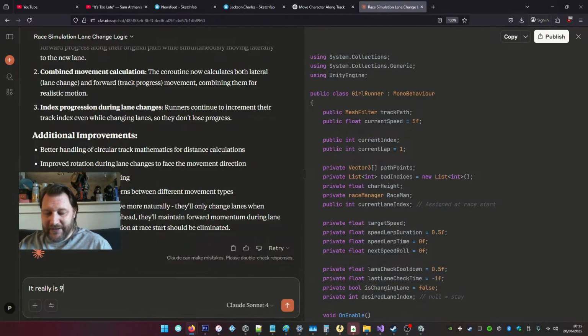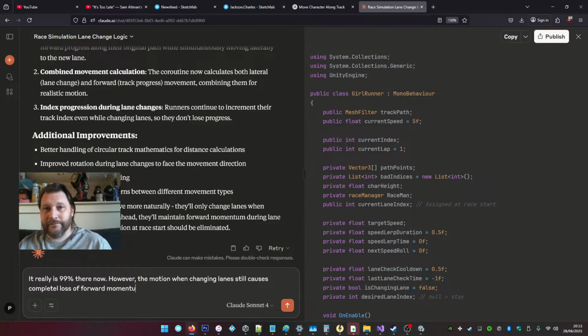It really is 99% there now. However, the motion when changing lanes still causes complete loss of forward momentum and almost looks